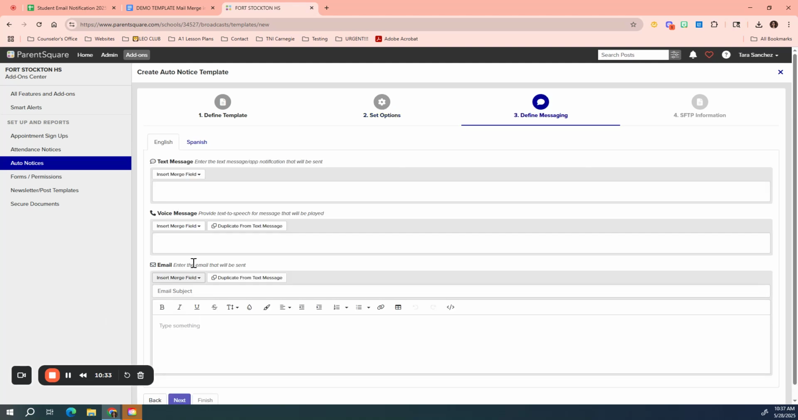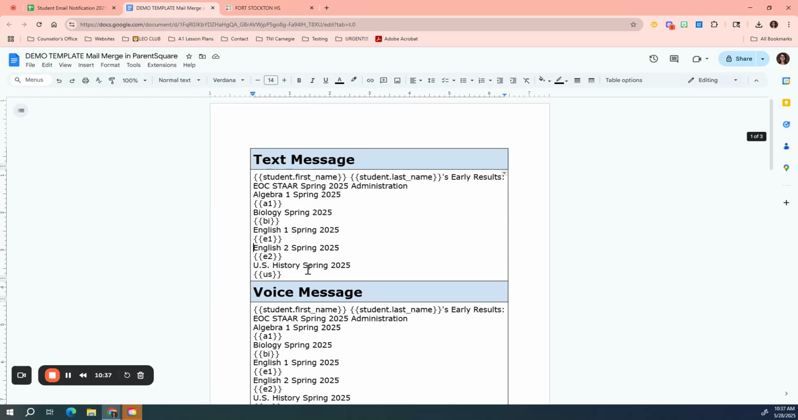Okay, now we're on the part where we're just going to copy and paste. On the text message, it's already been developed. So it's going to read student name, first name, last name, early results, EOC Star. And then I just listed them, Algebra 1, Spring 2025. And then whatever your columns are titled